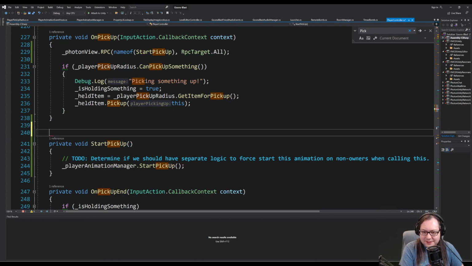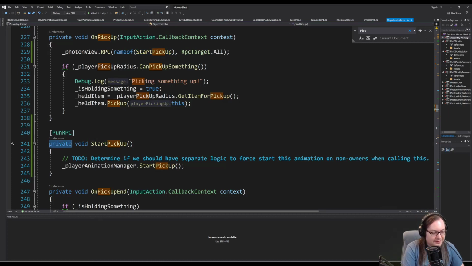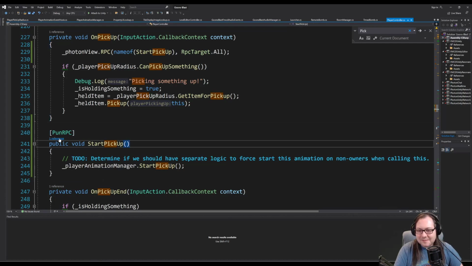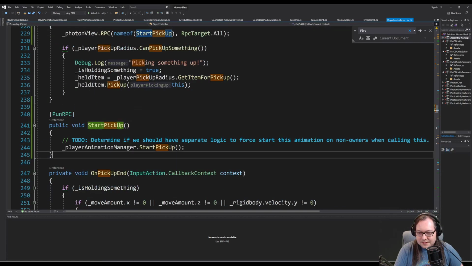Oh wait, shoot. On RPC. Oh yeah, that's all I need to do. I think I might need to make this public. I'm pretty sure I've already gotten burned by this. I'm changing it to public. Cool. Okay. And now...